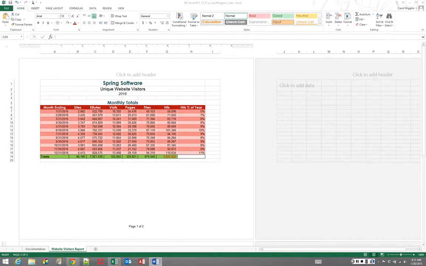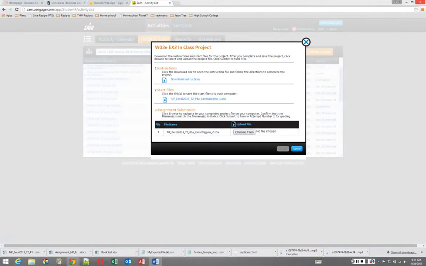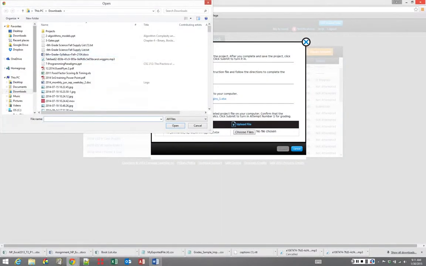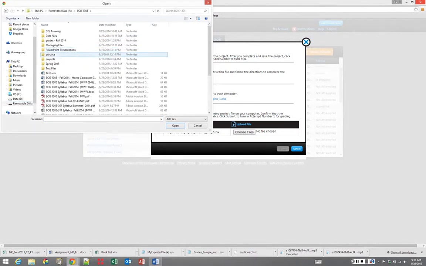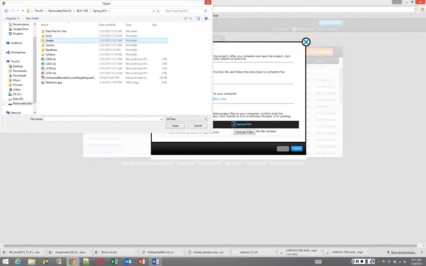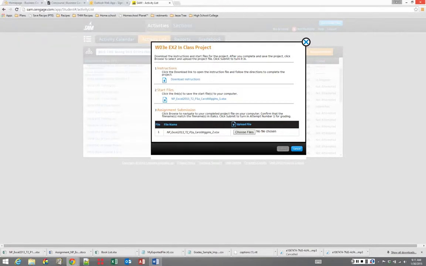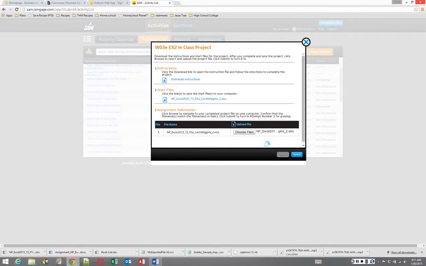Okay, so once you've double checked everything, make sure that it looks good, save it, and close it, and then you can submit it. Remember, your file name is what's listed here, so make sure it matches. When it matches, you'll see the submit button. Click submit,